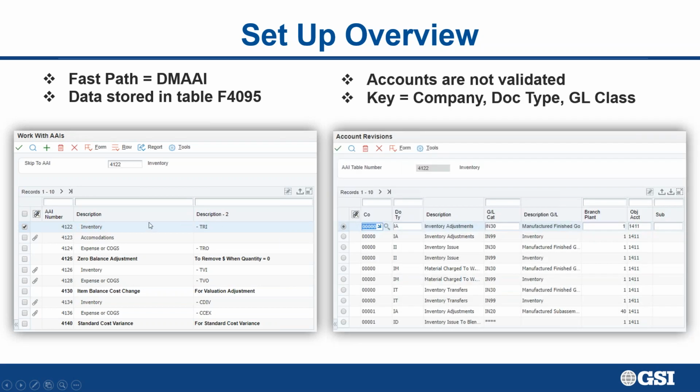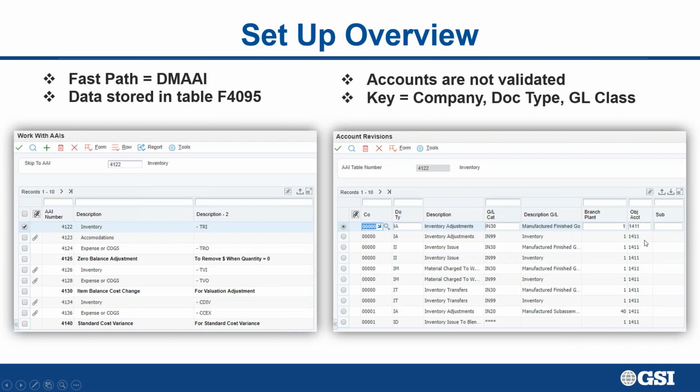Okay. Now, when you go ahead and make the entry, you can see here as an example, you can put in the company 00000, or that wildcard I was talking about. The same with the GL class code. However, the document type that you enter must be a valid document type. Okay. There's no wildcard for the document type, and there also is no wildcard to use for the object account. Okay. These account numbers that you key in here are the ones that get looked up, right? Every item has a GL class. I'm doing an inventory adjustment. If the item's GL class code is IN99, it's going to want to do the debit to